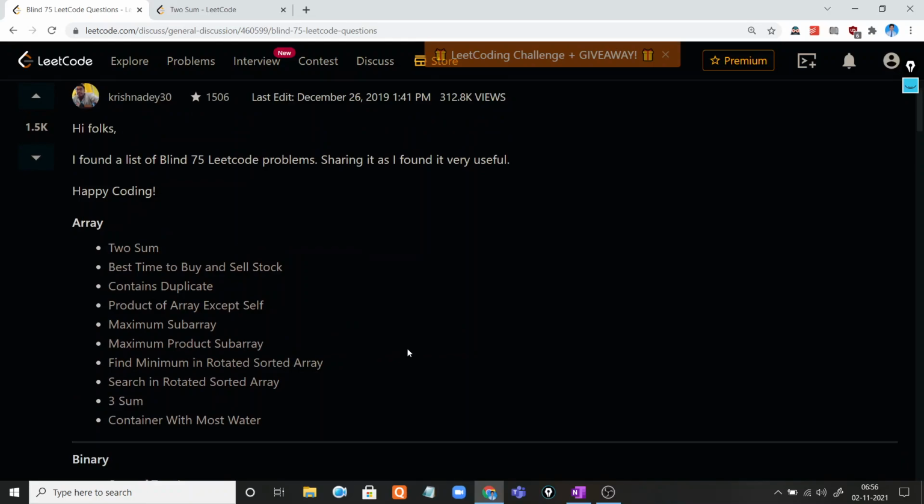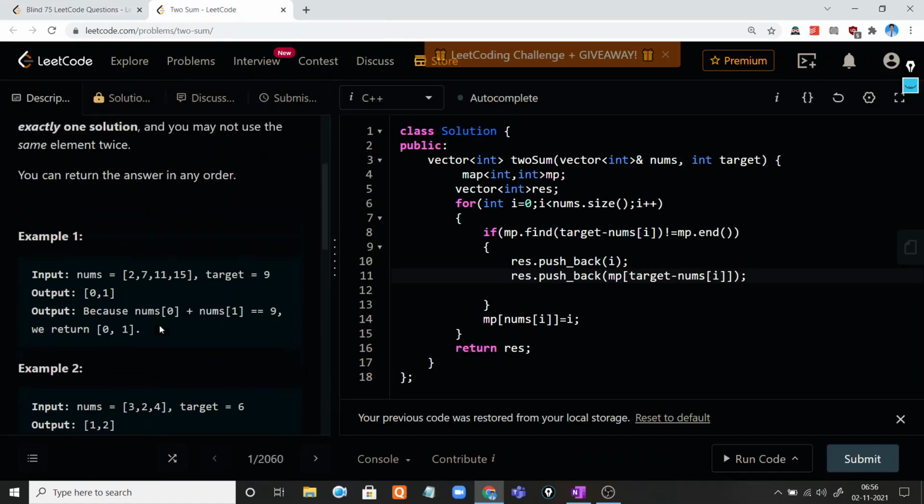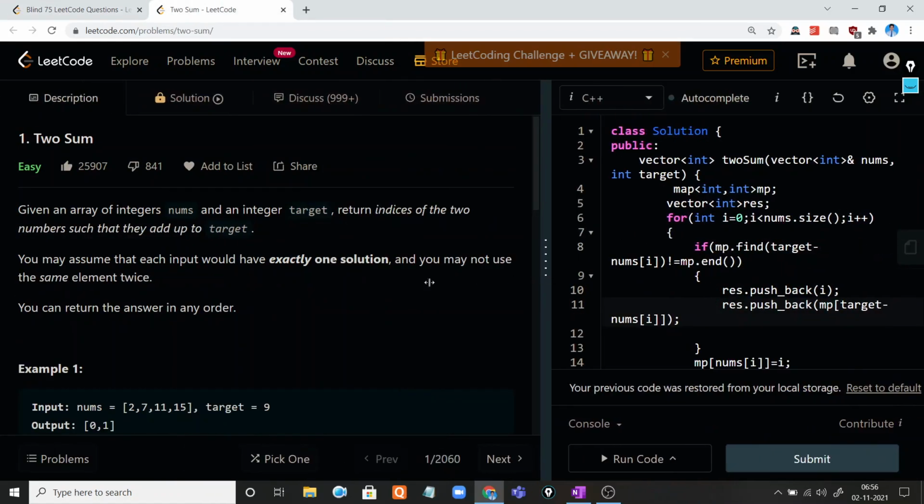So let's get started with the first question, Two Sum. This is the first problem of LeetCode, and we have to solve this problem.